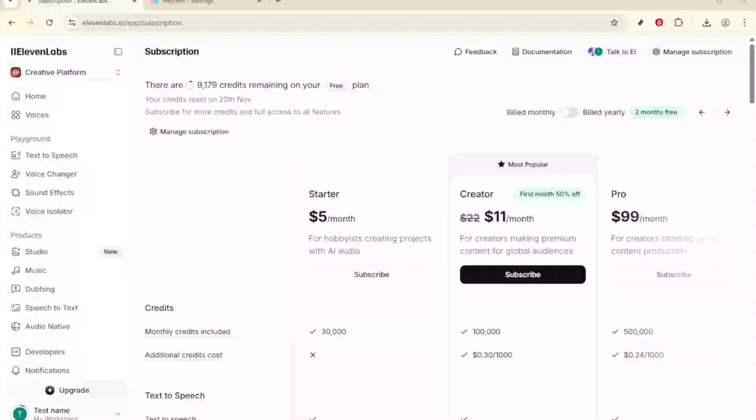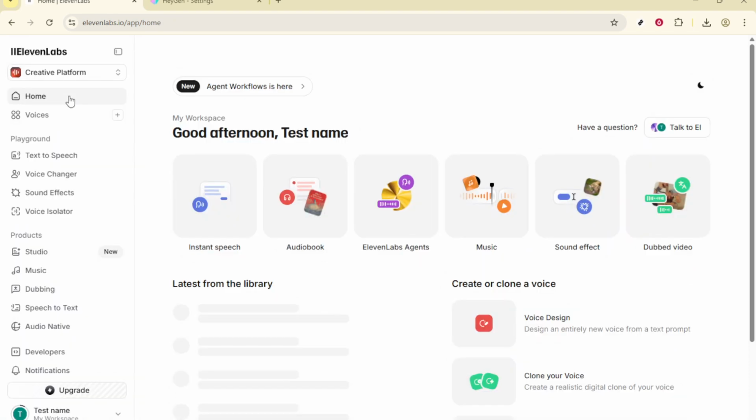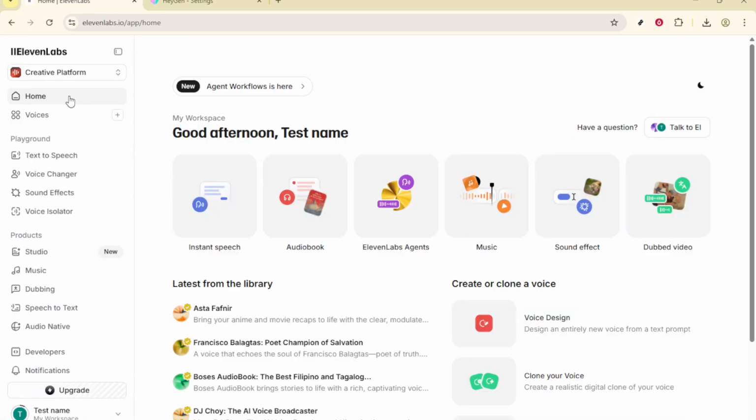In today's video, I'm going to teach you how to manage and delete your history on the ElevenLabs platform efficiently. Whether you're a seasoned user or just getting started, keeping your workspace organized is crucial, and one way to do that is by clearing out unnecessary history. By the end of this guide, you'll have a clear understanding of how to navigate through the interface and manage